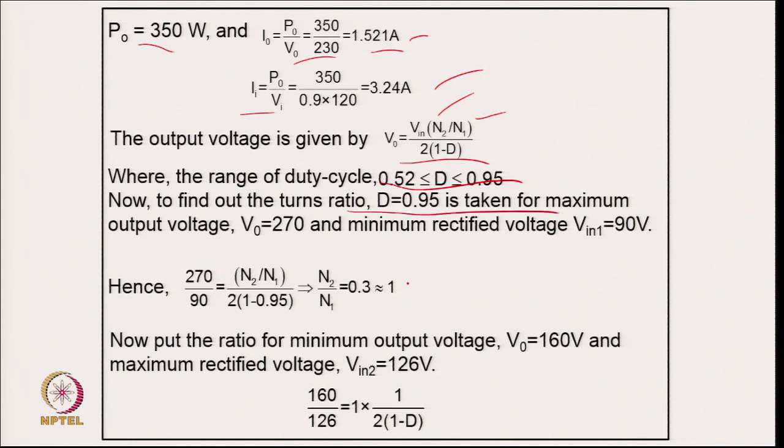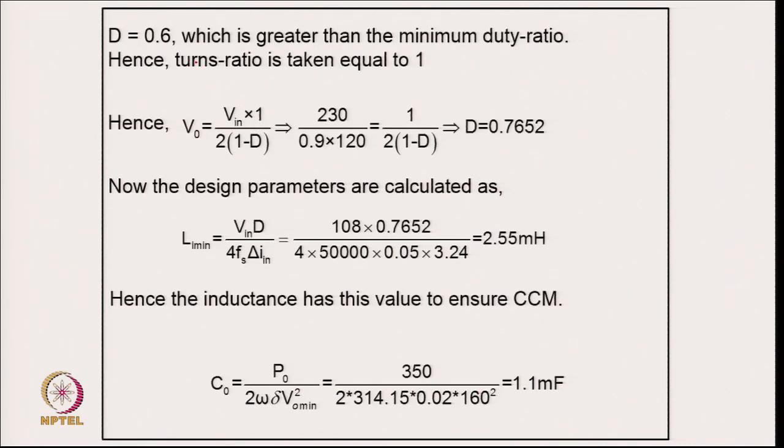So, taking 0.95, the maximum voltage of 270 volt and the input rectified voltage of 90 volt, from this we can find out the turns ratio, of order 1. Now, putting the value of the minimum output voltage with the maximum input voltage, we get the duty cycle typically 0.6, which is greater than the minimum duty ratio, and the turns ratio is taken as 1. From the output voltage we can find out the duty cycle